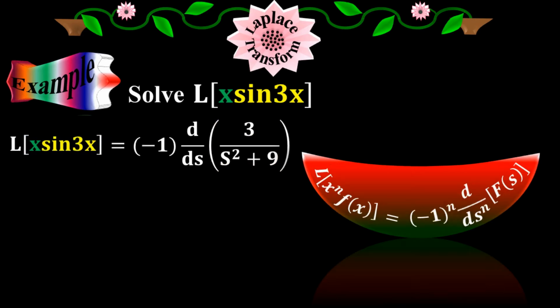So let me repeat it again. If you have the function f of x, which is the product of two elementary functions, one is the first elementary function and the other is the third elementary function, which is sine 3x, you have to apply this formula here. And also, if you have the product of the first elementary function and the fourth elementary function,